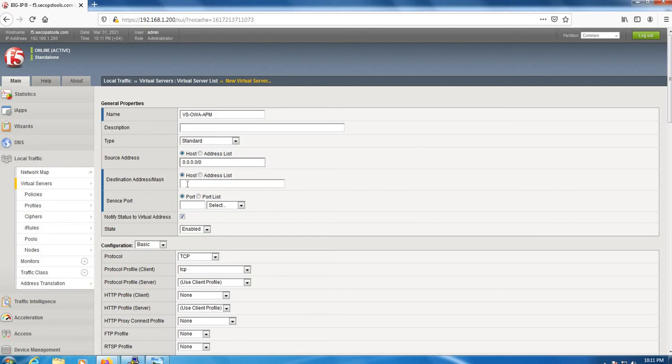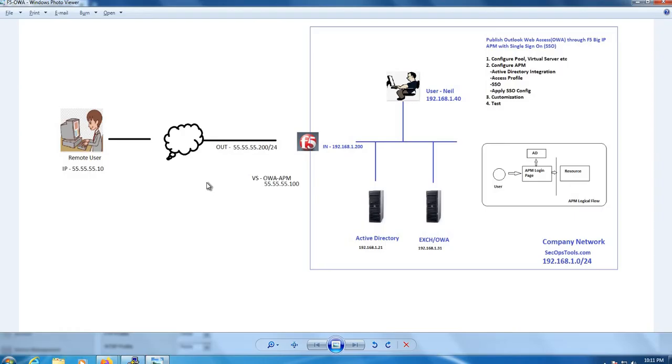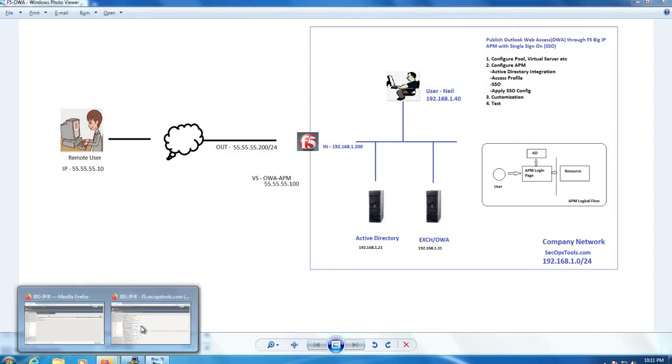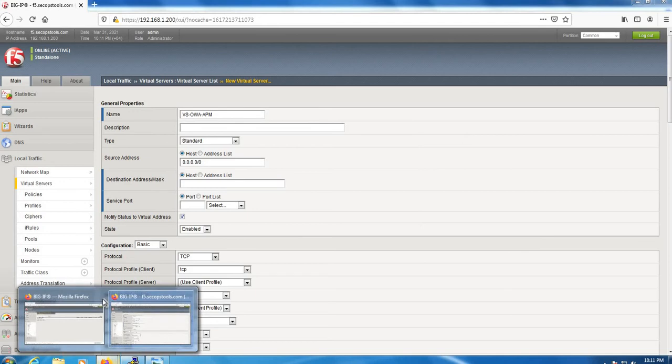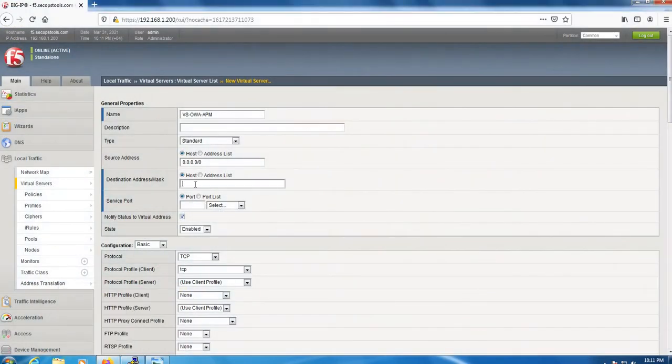For the destination, our public network is 55.55.55.0/24. We have got .200 for F5, one user PC is in .10, and we'll create the VS with this IP .100. So 55.55.55.100. The service again HTTPS.